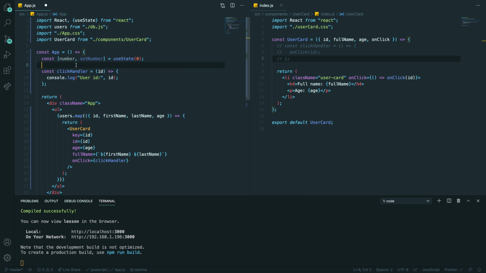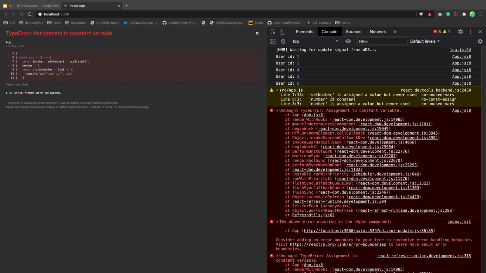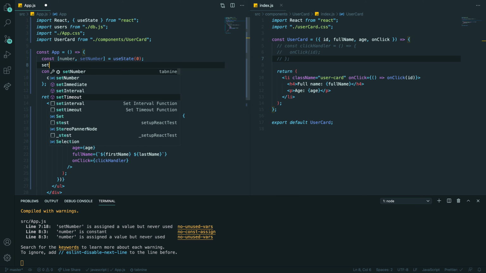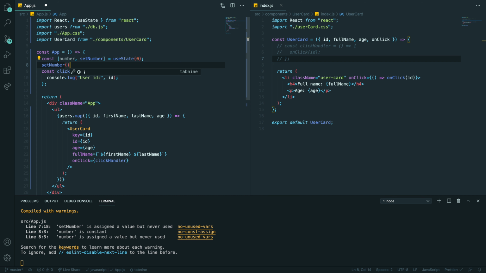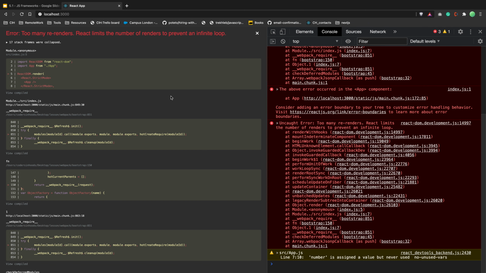You can't just say number equals 5. We can't do that. You see that React's throwing errors that you can't do that. This is illegal. This is direct state mutation, which you don't want to do. But if you do setNumber to 5, save, now we are in an infinite loop.